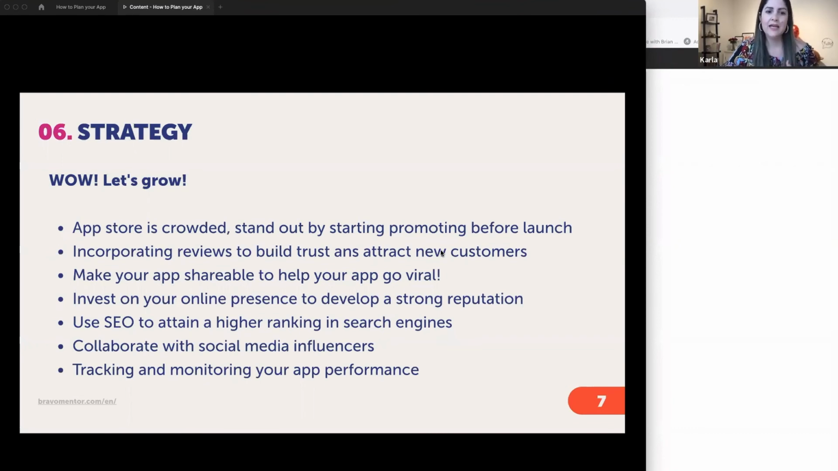Invest in your online presence. So try to develop a strong reputation, maybe do some posts, maybe talk with people, collaborate with social media influencers, like someone that's in the field or someone that could use your app and give a hint about it to others. Use SEO, search engine optimization,